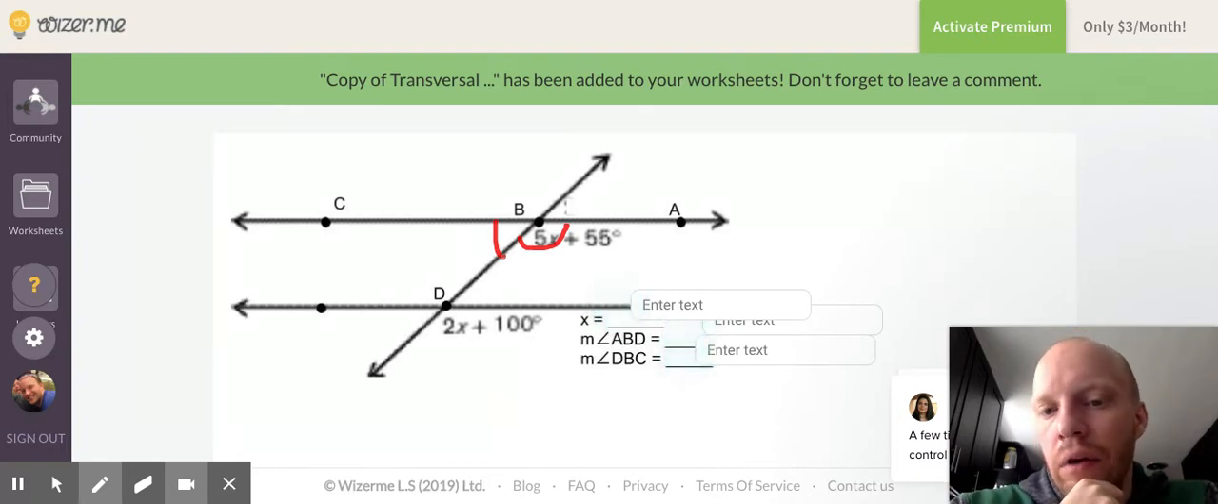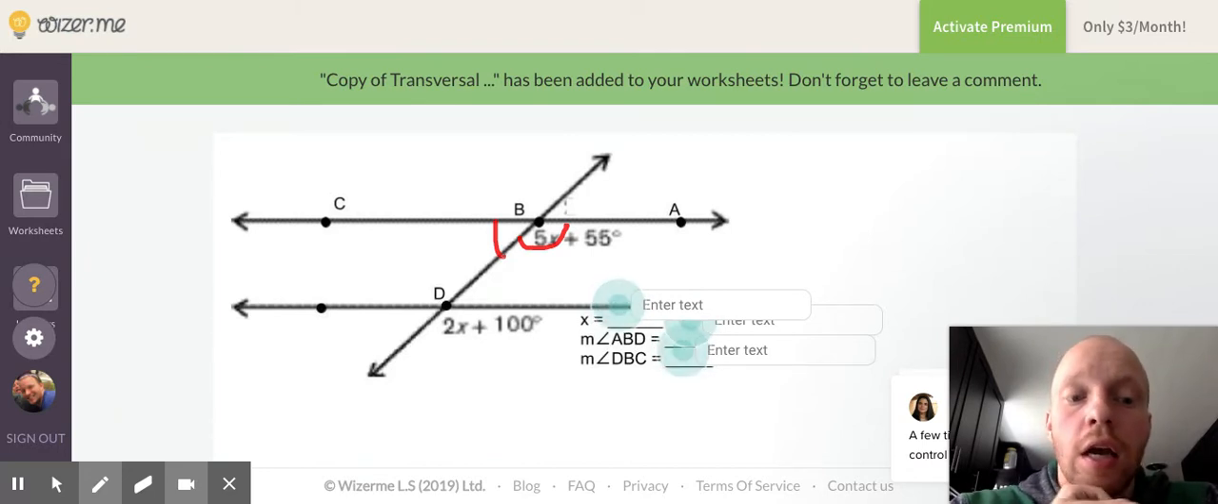And then we notice that DBC is a linear pair, right? So once we know this angle, we can use the linear pair, or the fact that these two angles are supplementary, to figure it out. But first we have to do that. First we got to find x. Now, finding x here can be a little bit challenging because